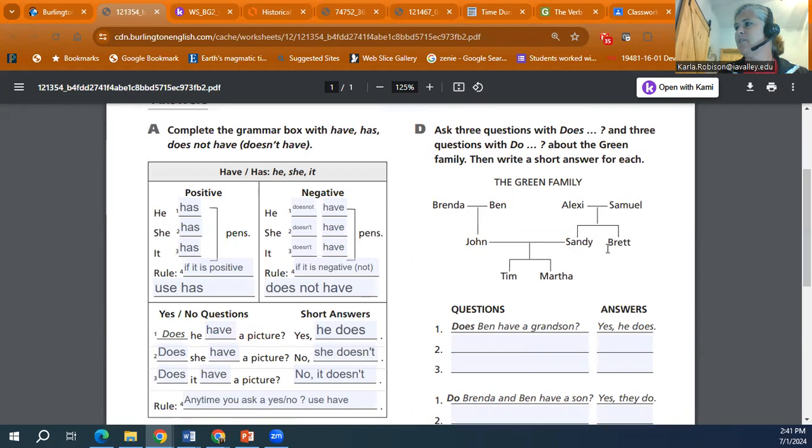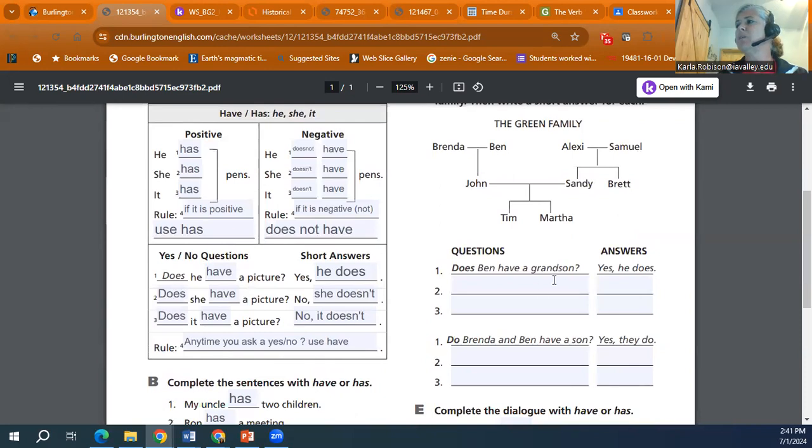All right. And so when we ask questions, we have this diagram here. It's about the Green family, okay? So we have Brenda is married to Ben, and they have a son named John. Alexi is married to Samuel, and they have two children, Sandy and Brett. Sandy is married to John, and they have two children, Tim and Martha. Okay, so if we had to ask questions based on the Green family, could we say,